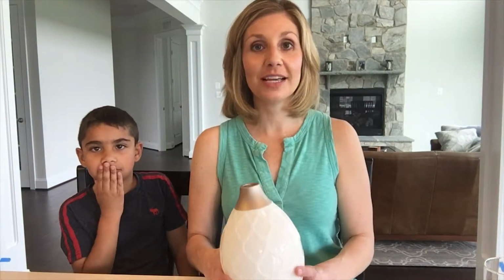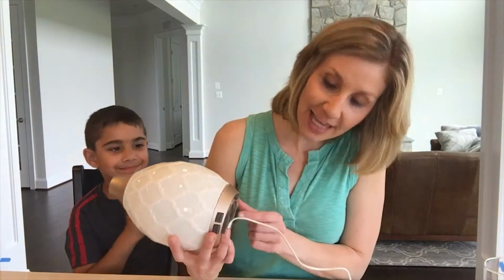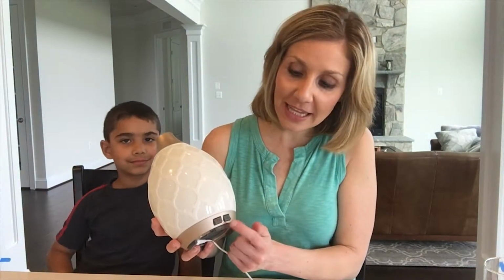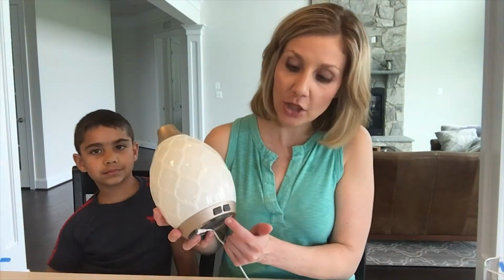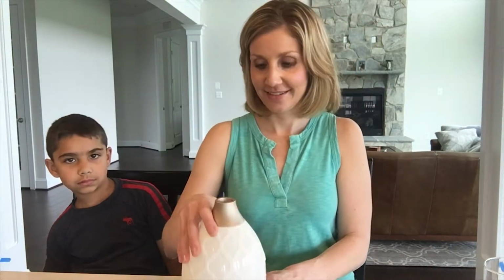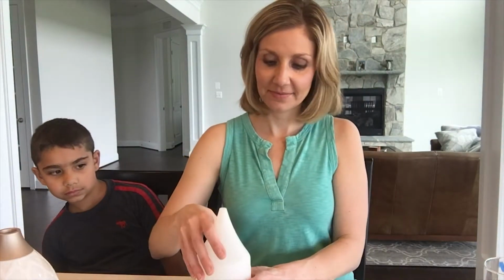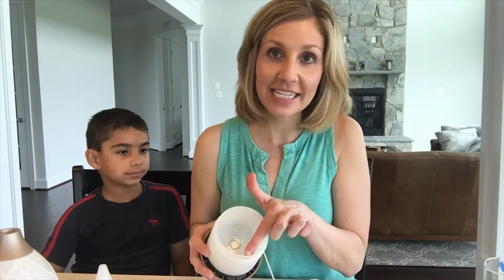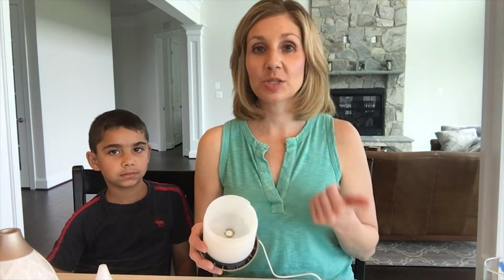Now that you know how diffusers work, we're going to show you how to use the Desert Mist Ultrasonic Diffuser. First, you need to locate where the plug-in power is, and that is right here on the bottom. Next, you'll see that here is the light button along with the power button. Inside here, you will see where the fill line is, and that is where you will put either spring water,